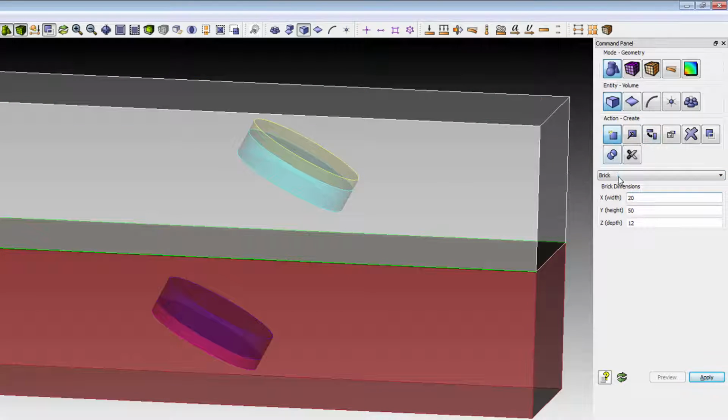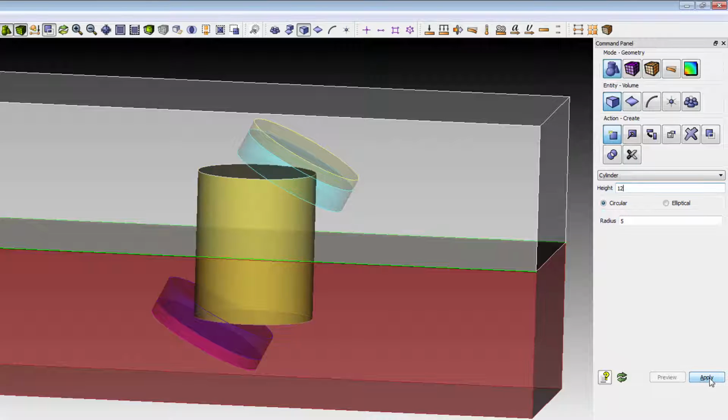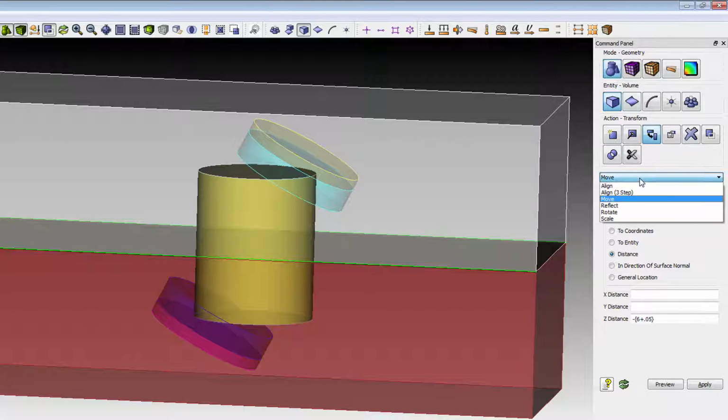So we again generate two cylinders with a height of, right now it doesn't matter, let's say 12 millimeters, same radius 2 times, and we will also move them